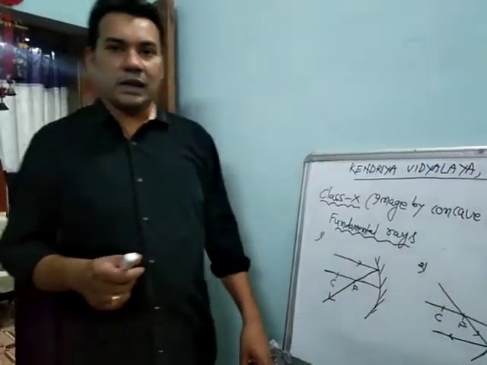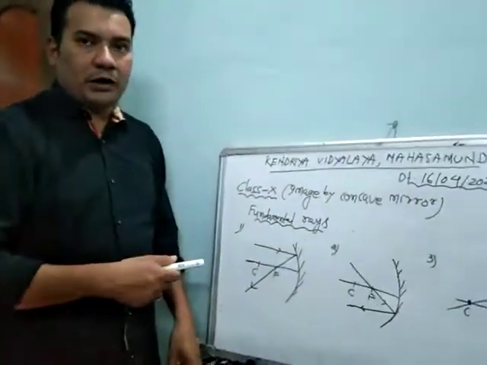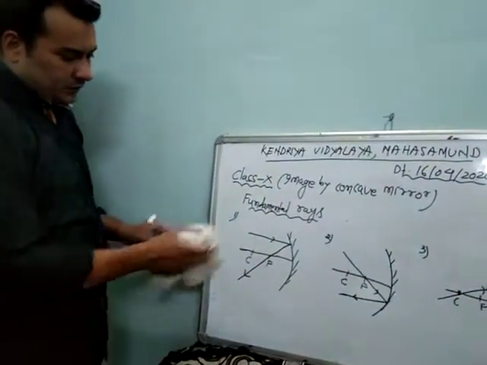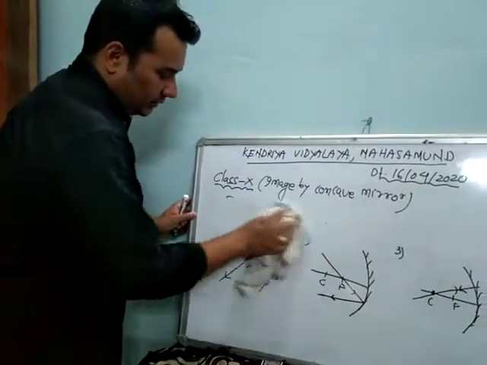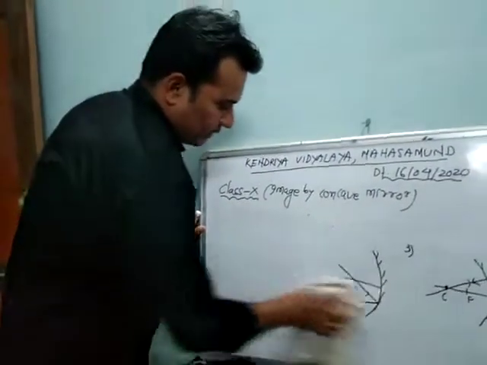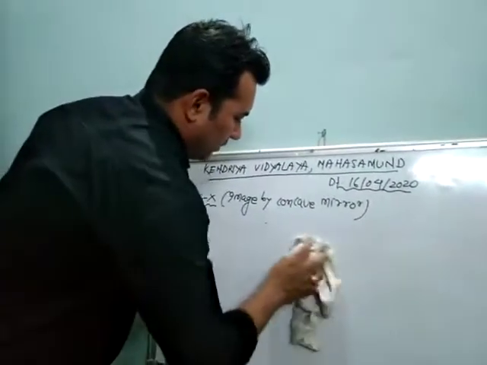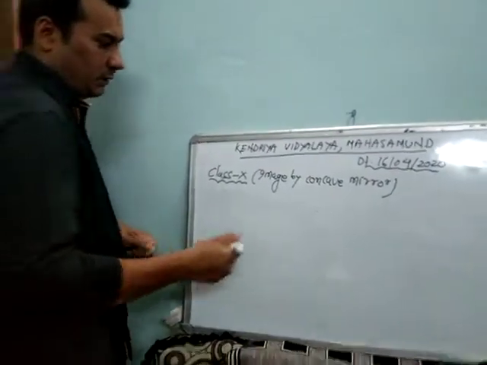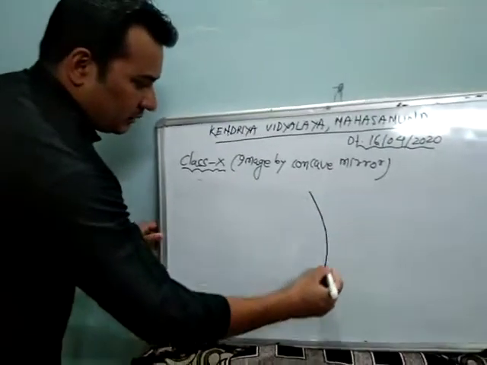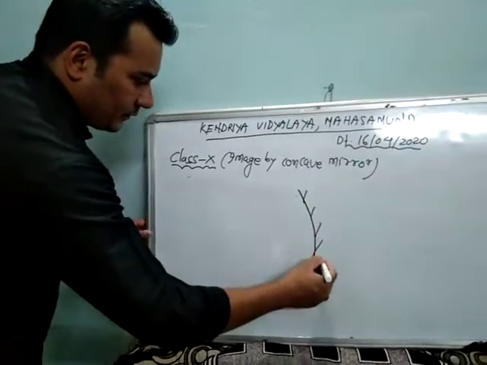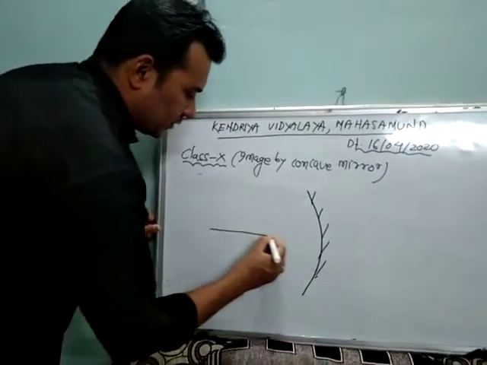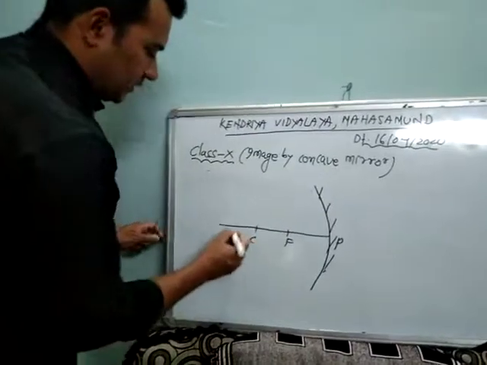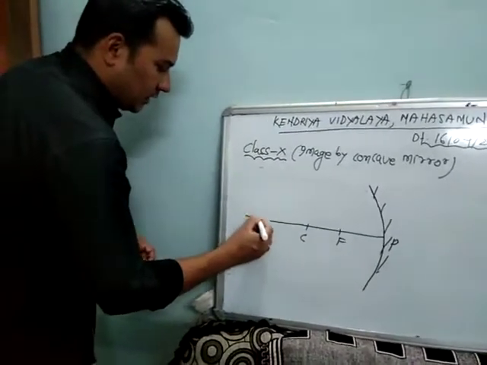While drawing a ray diagram, we have to use any two out of the three. Now let us see the image formation. In a concave mirror, there can be 6 cases. What are the 6 cases? I am drawing a diagram, and a table is given in your NCERT book. You can refer to that. Suppose this is a concave mirror. This is the principal axis. This is the pole. This is the focus. This is the center of curvature. Then this far away is called infinity.